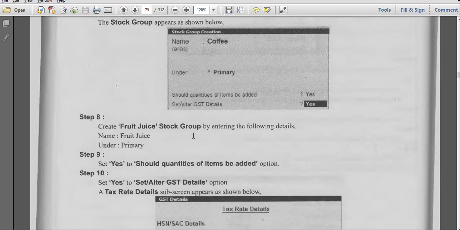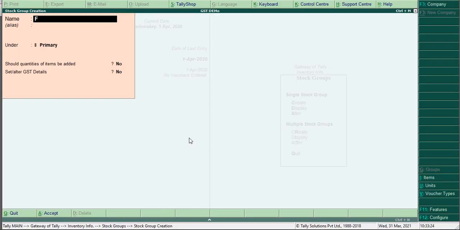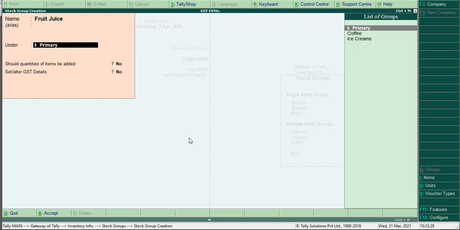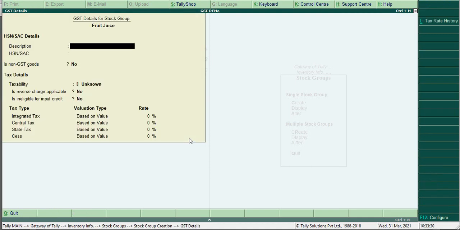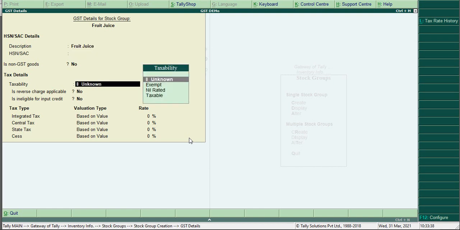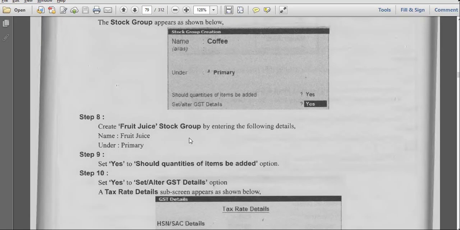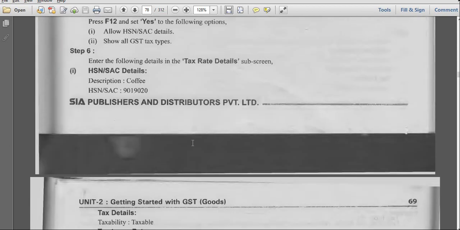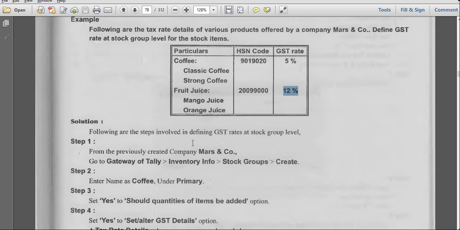Next item, what do we have to create? Fruit juice, in the same way. Primary, yes. Description is fruit juice. It is taxable. What is the amount? Juice 12%.